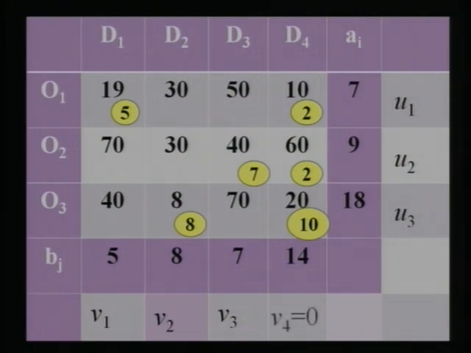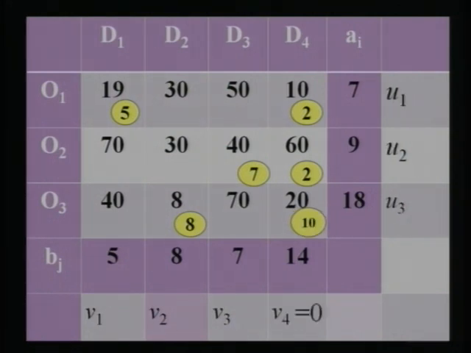So if one of the values is taken 0, then we can find the remaining values of Ui's and Vj's using that formula Cij is equal to Ui plus Vj only for occupied cells. That means only for cells containing basic variables or yellow circles. Just use yellow circles to find the values of Ui and Vj's. Now let us find the first one. Here V4 equal to 0. So it is easy that we find these 3 values first.